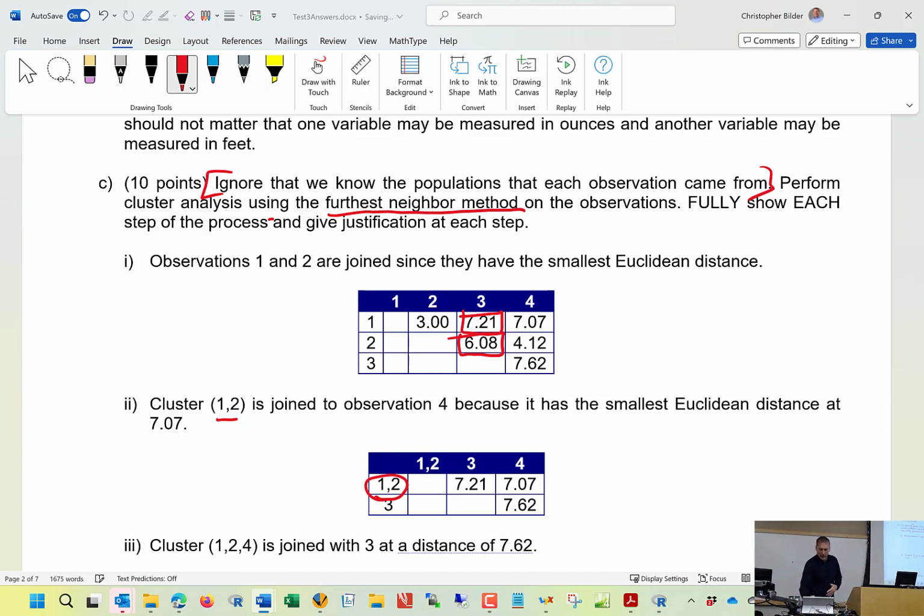Furthest neighbor means you take the largest distance. And so because of that, the distance between 1 and 3 is 7.21. In a similar manner, the distance between the cluster with 1 and 2 and 4 in it,